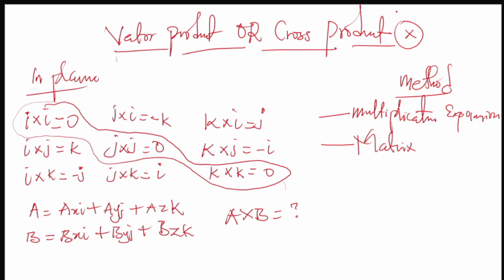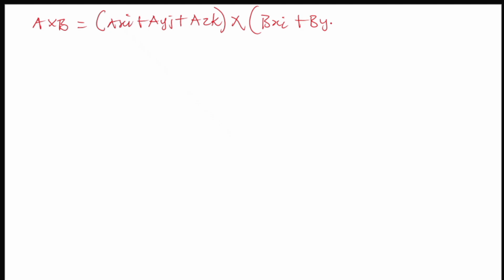Now let's take the first method, which is the multiplication expansion method. What do you do when you have a cross b? For us to answer that particular question, let's go over to a new page. We are simply given to find a cross b, and they said show that a cross b is a vector because you are using your vector product or your cross product to solve. Now, we were simply given AX i plus AY j plus AZ k, and this is multiplying BX i plus BY j plus